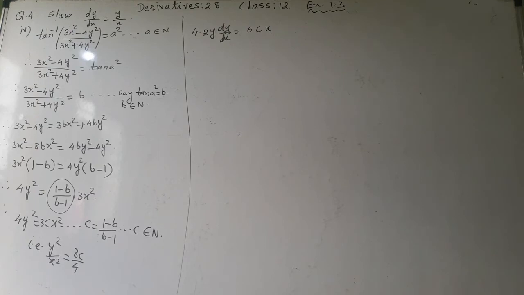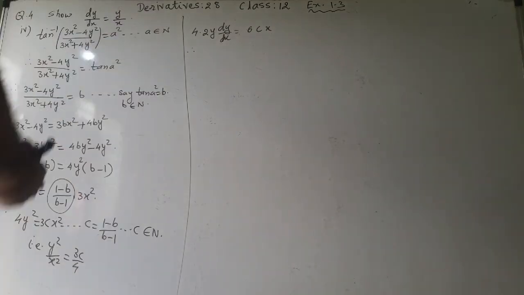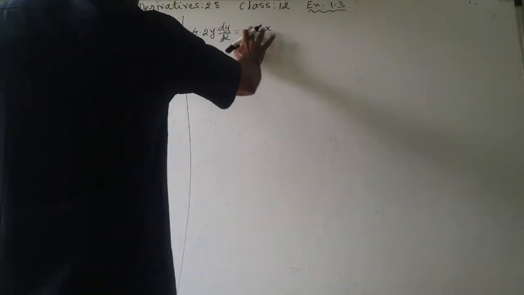So that 1 minus b and 1 plus b, that is the constant. Now taking the derivative, it has become 4 into 2y dy by dx is equal to 6cx. So dy by dx is equal to 3c, that y will go there, 2 will get cancelled, and dy by dx will be,